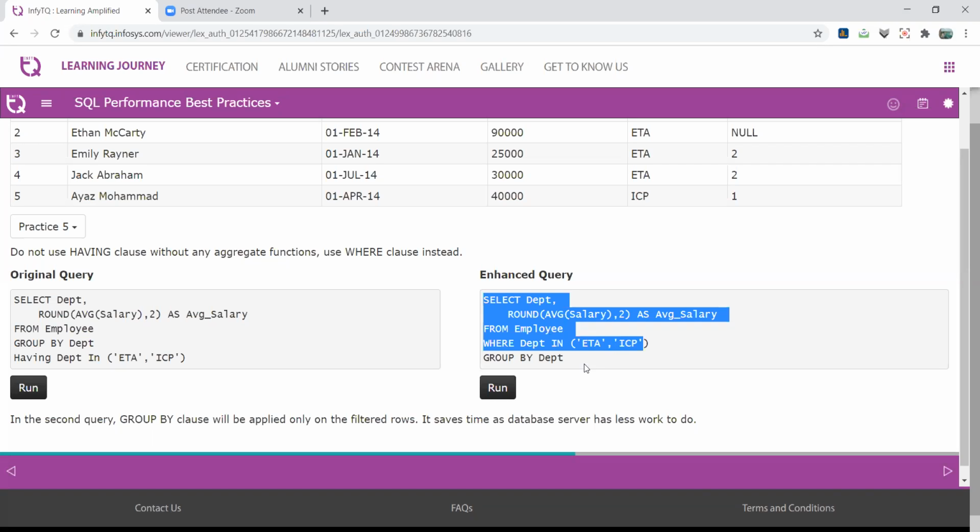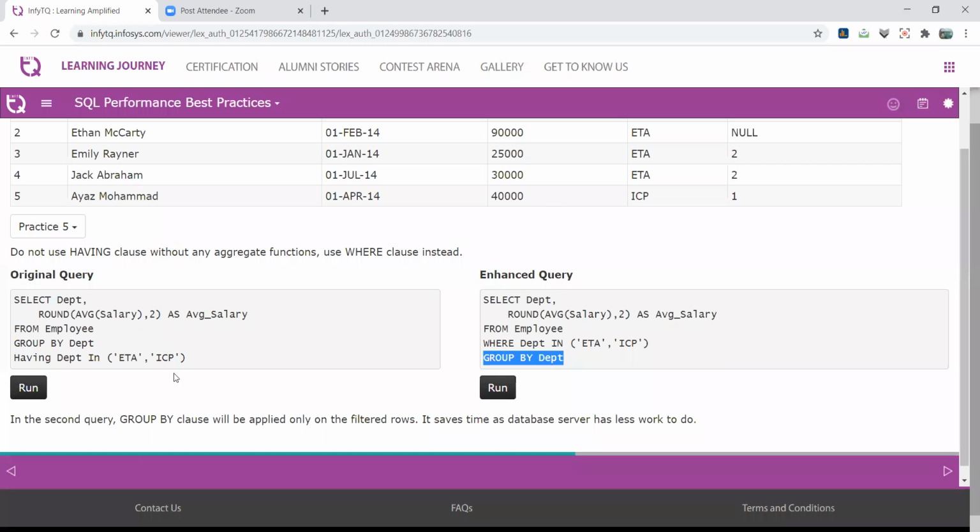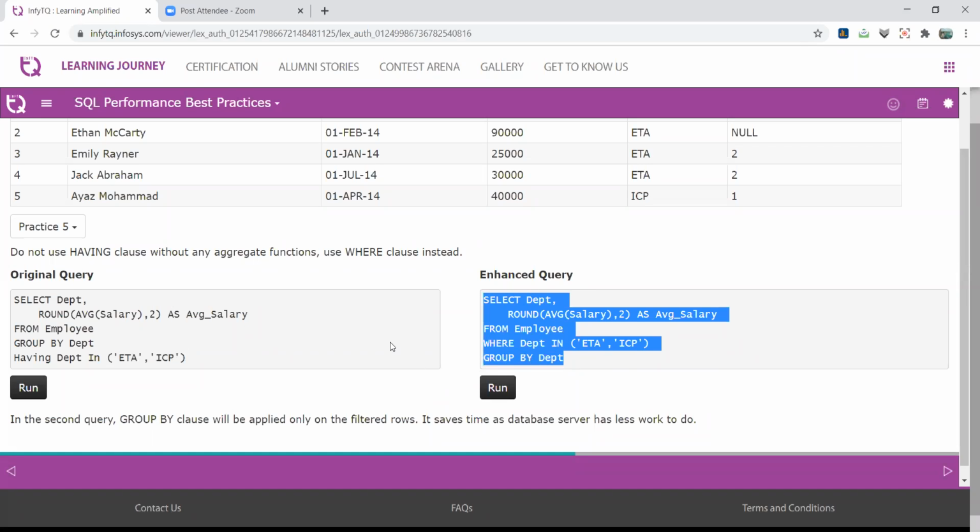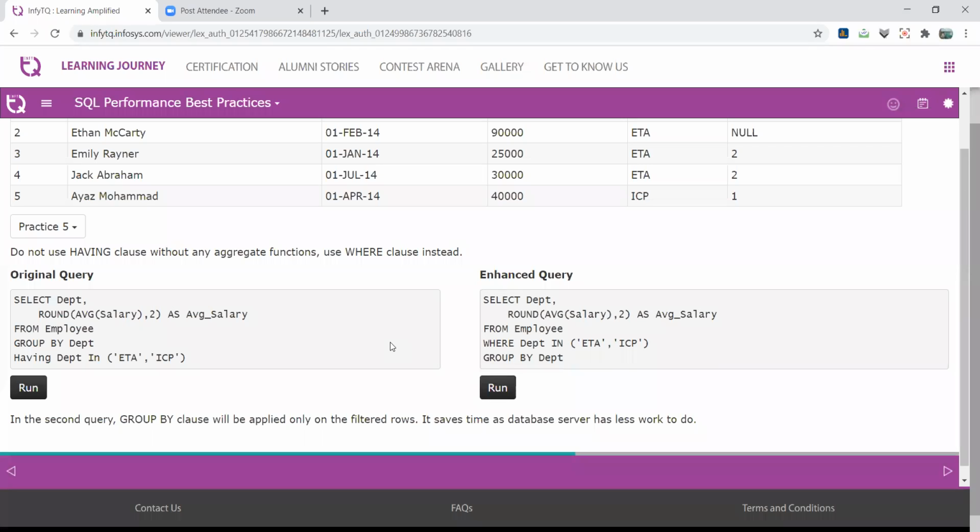So it takes minimum time and then you perform the group. So in this part, you perform a single group, right? In this part, you perform two groups for the checking purpose. So it takes double time in comparison to this part, right? So this is a more efficient query in comparison to this. So always keep in your mind, never check an ungrouped function in the HAVING clause.